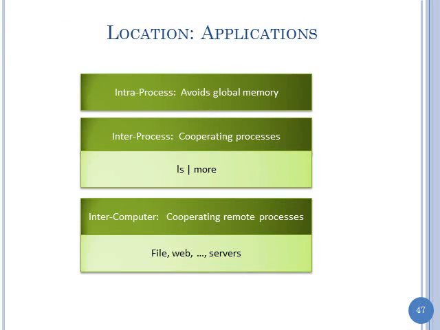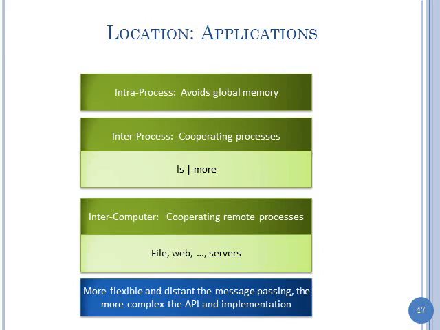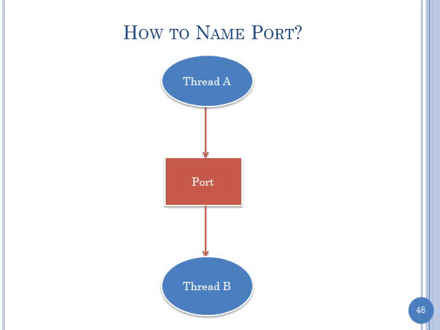So there's reason to have different kinds of locations. And the more flexible and distant the message passing, the more complex the API and implementation. So the other thing is, and you sort of see it in the next issue, how do you